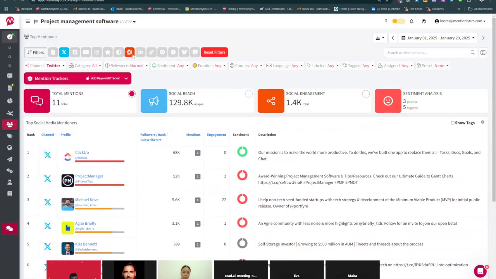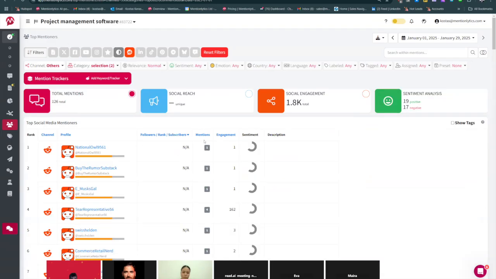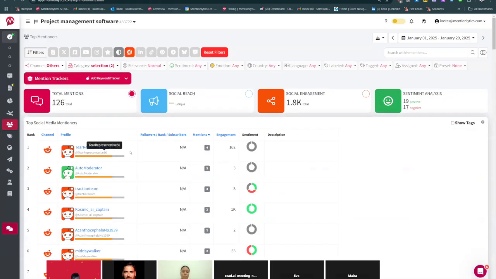We can do, of course, the same on Reddit, find the users that have mentioned this the most, and I think it will be interesting. So this particular person, TR representative, has made 4 mentions with engagement of 162 people, with 162 comments or likes or anything. It seems to be very involved in this community. So we can ask them what they think about our tool. Maybe they can try it out. Maybe we can offer them something like a free trial, because they seem to have a constant engagement with this type of tools. So it would be a nice idea to have them close, find out what they think, and if possible, also in the future, we can work together on our solutions.